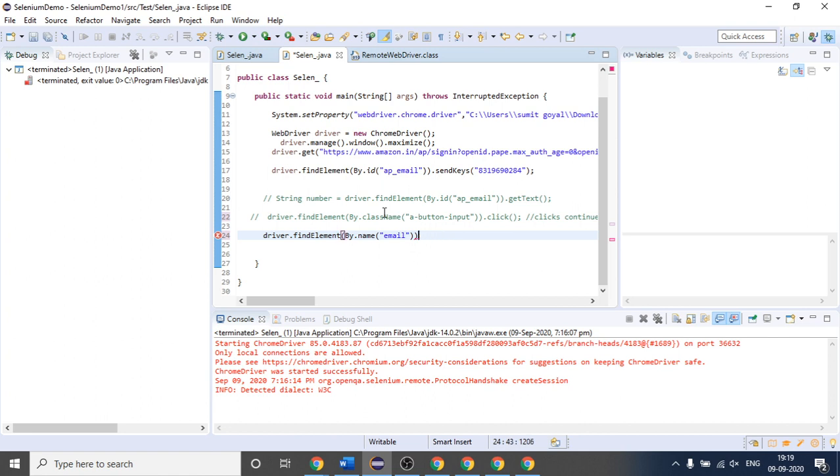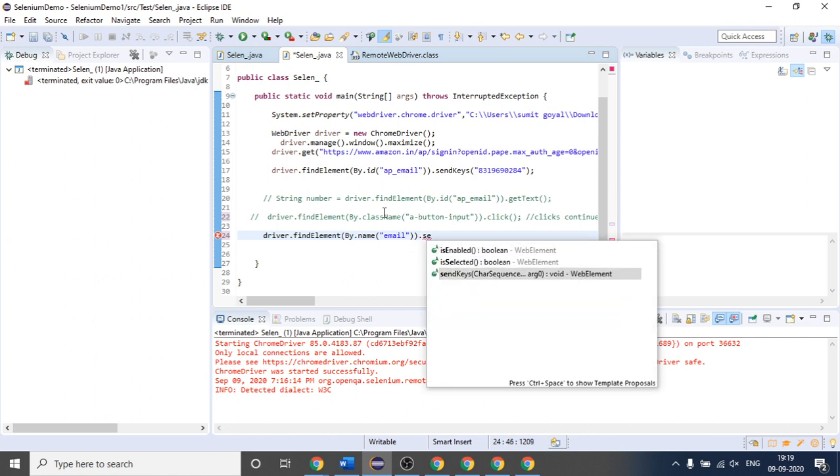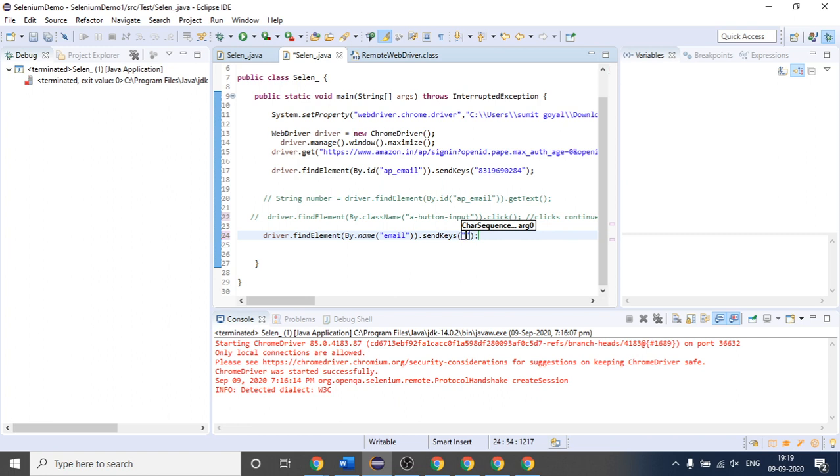This is the method, and I will simply pass this number again. Suppose this is any random number. First of all I will comment this because we are not using id this time. To pass that number in the text box we are using name.